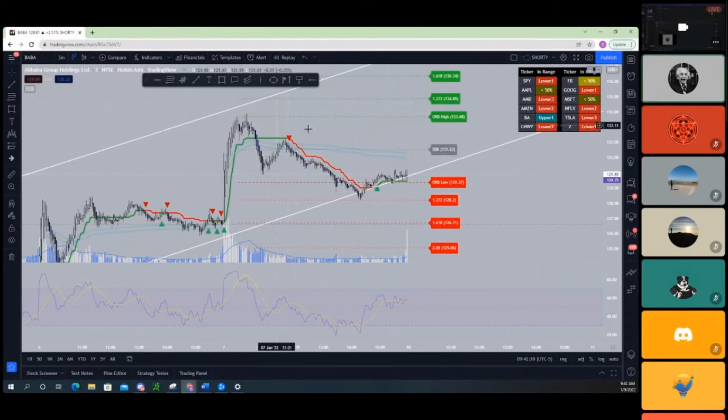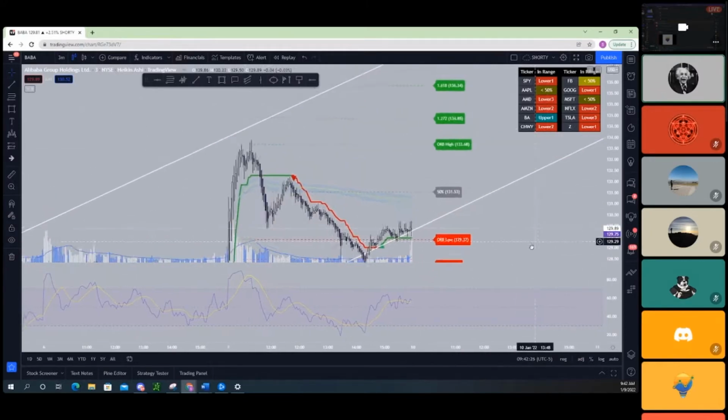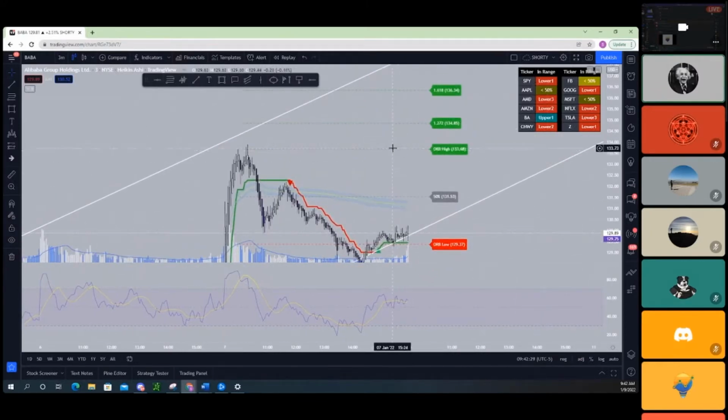The range of the orbs is basically your orb high, orb low, and from there we project these levels. Each one of these levels that you see can be used as a confluence point, meaning you count the line as a confluence point. In terms of confluence points, you want to have a minimum of 3 confluence points to take something long or short. So for instance,